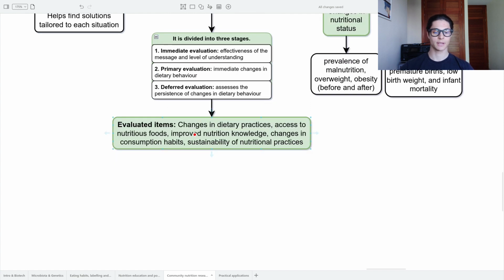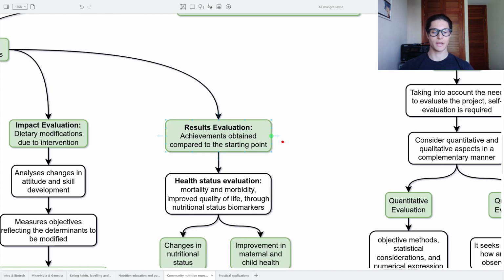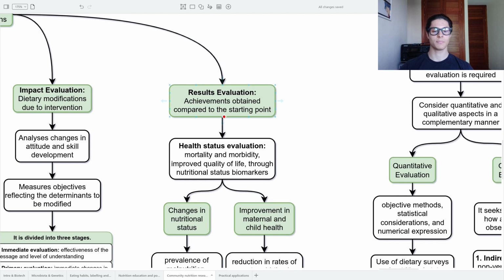And the evaluated items here are the changes in dietary practices, the access to nutritious food, the improved nutrition knowledge, which is important again, to empower the people, the changes in consumption habits, if they improved or not, and the sustainability of nutritional practices. And then last, we have the results evaluation, so the achievements obtained compared to the starting